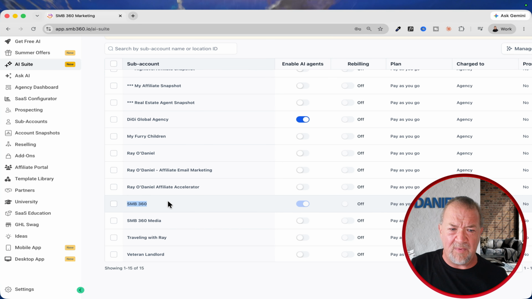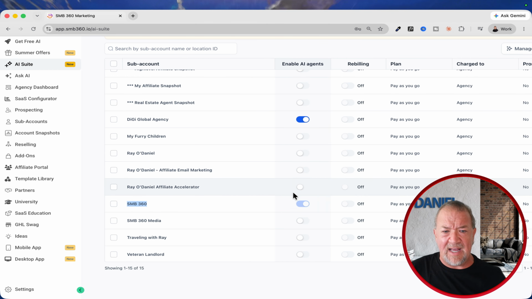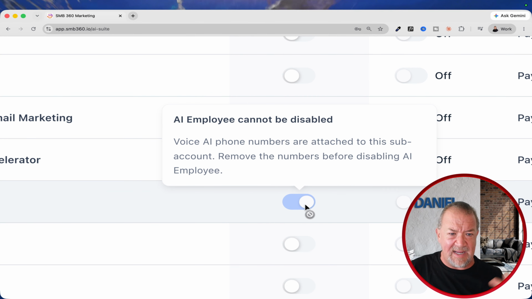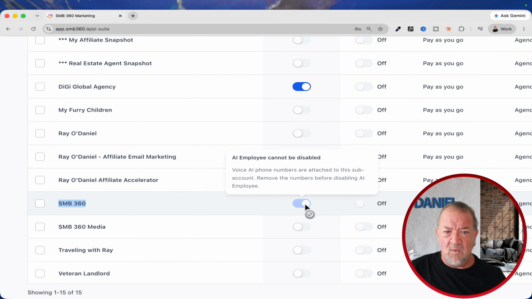Your agency can be called whatever you want. But right now, this account is grayed out. And if you take a look, it cannot be disabled. So anyway, I don't know if you're going to be experiencing this, but if you ever want to sit back